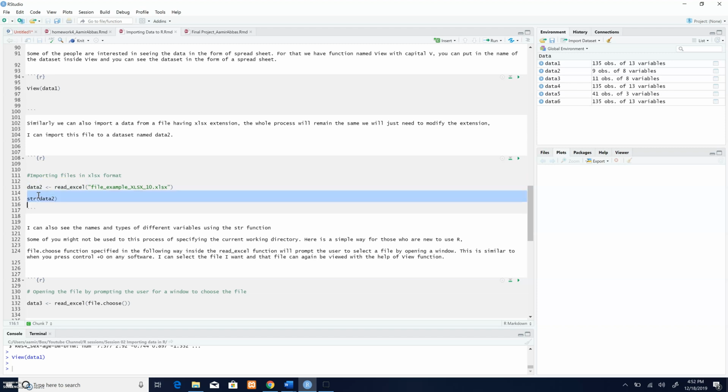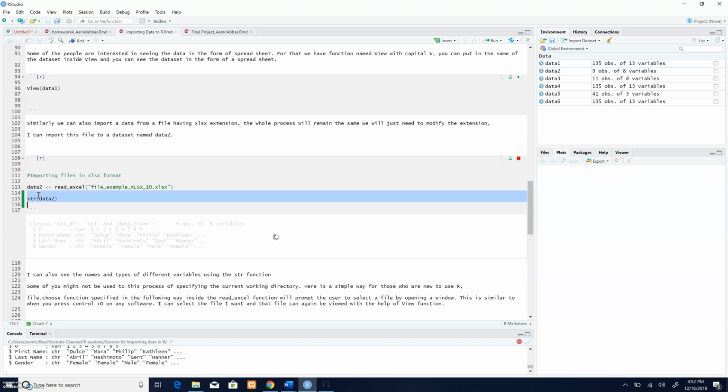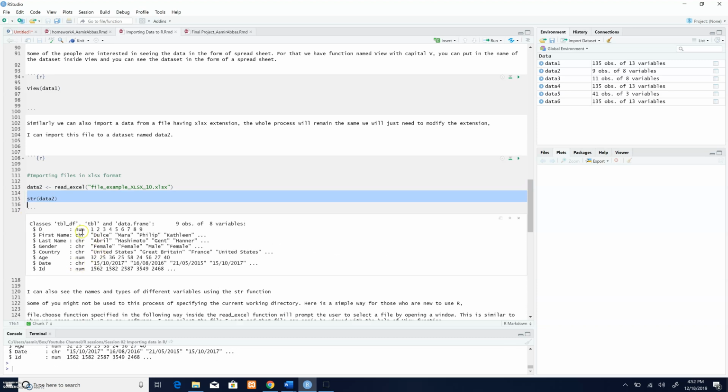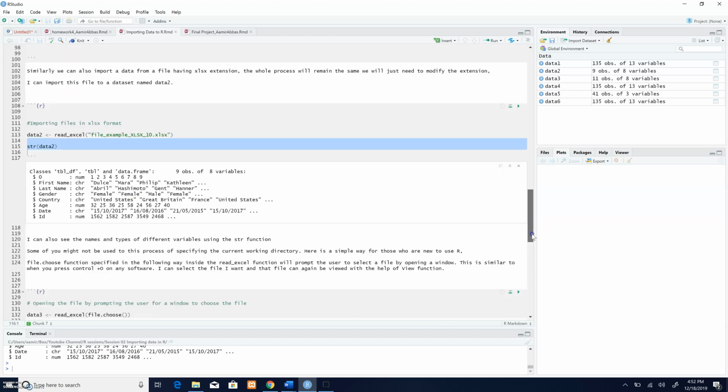If I run the str function on data2, it's going to tell me the names of the different variables, the type of different variables, the type of the data, which is data frame, and it's telling me that there are 9 observations and 8 variables in this. Okay, now